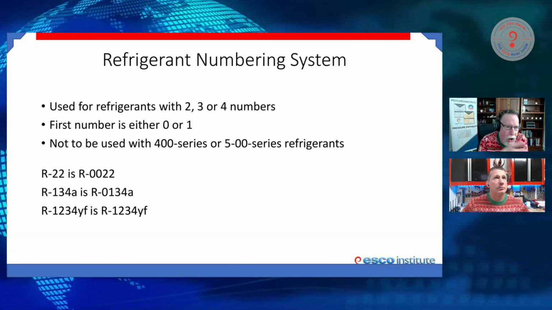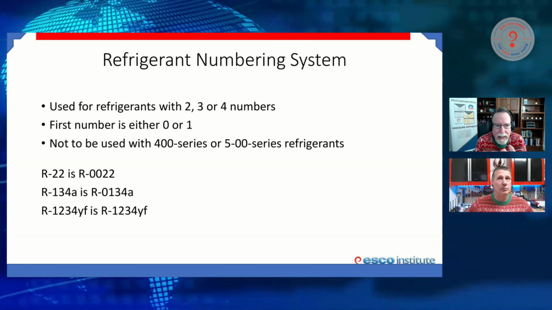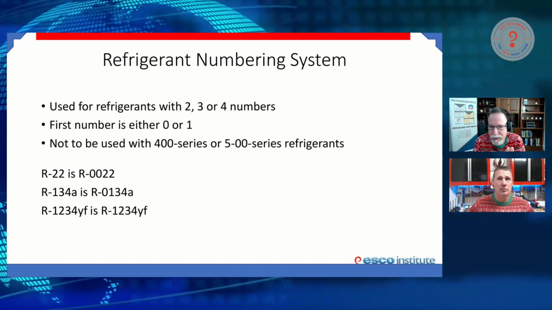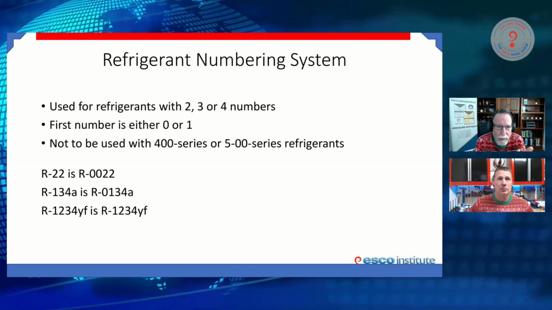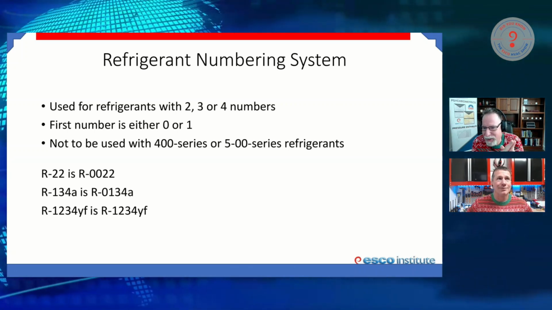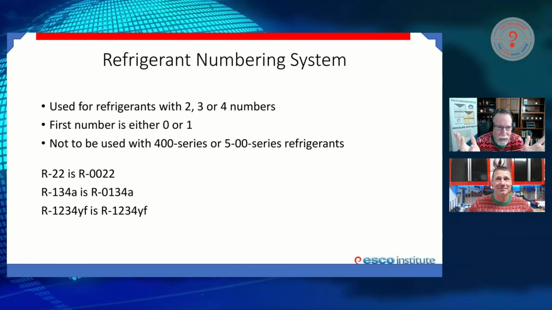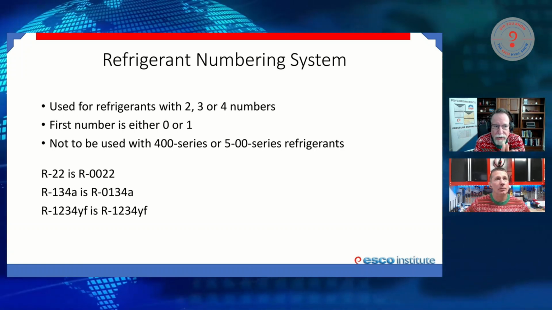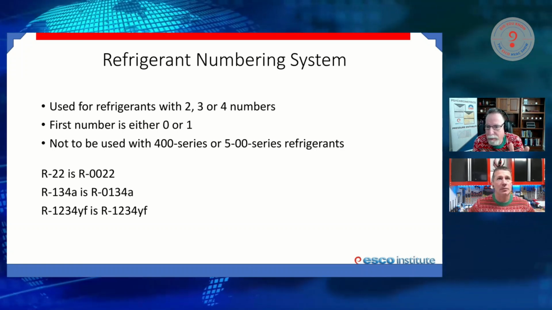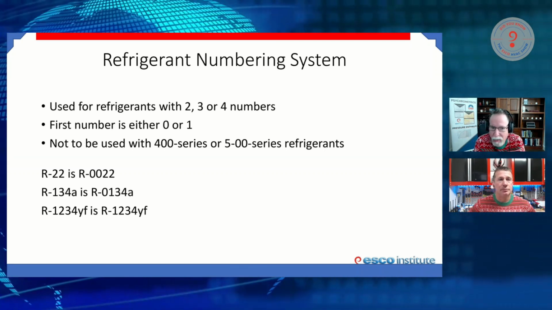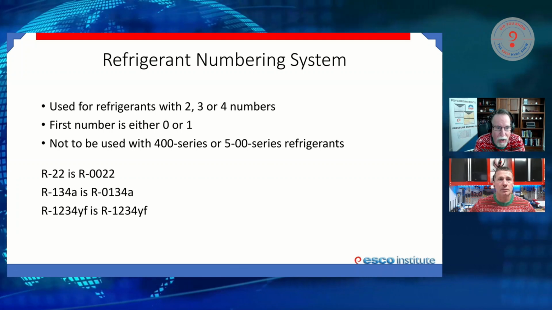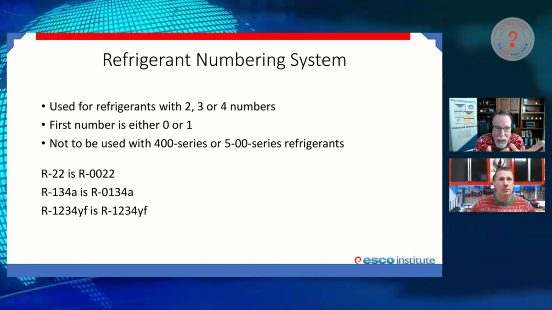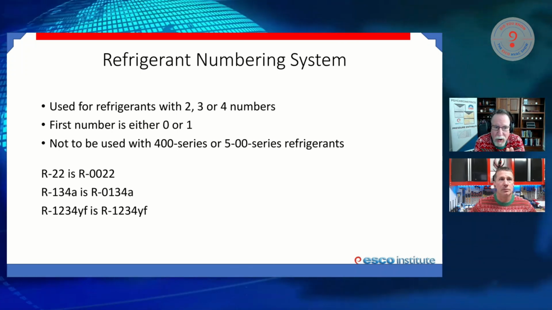So if we know what a refrigerant number is, we can actually get into the numbering system. There's a reason why we number refrigerants the way we number them. The refrigerant numbering system, originally called the DuPont numbering system, was adapted by ASHRAE. Now we just generically call it the refrigerant numbering system. And you can use this for refrigerants that have 2, 3, or 4 numbers, like R11, R12, or R134A, or R1234YF, or R1233ZD. As long as the first number is either 0 or 1,